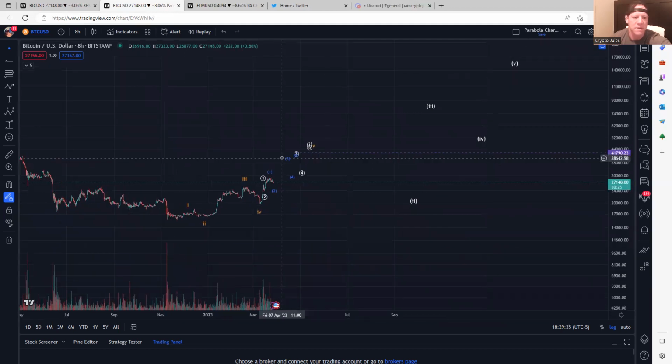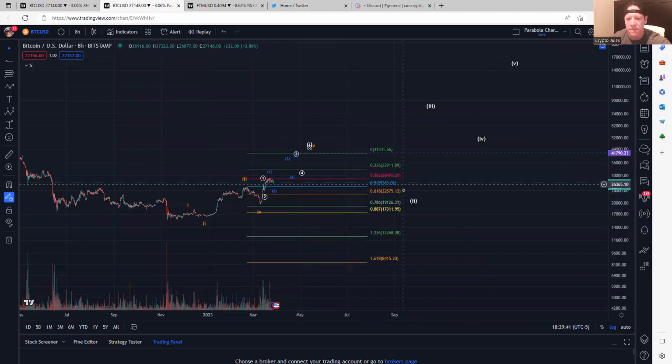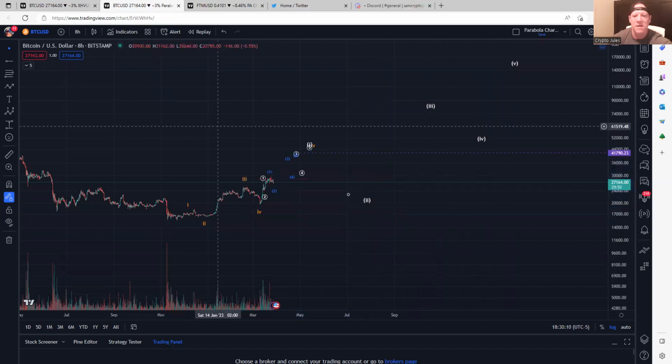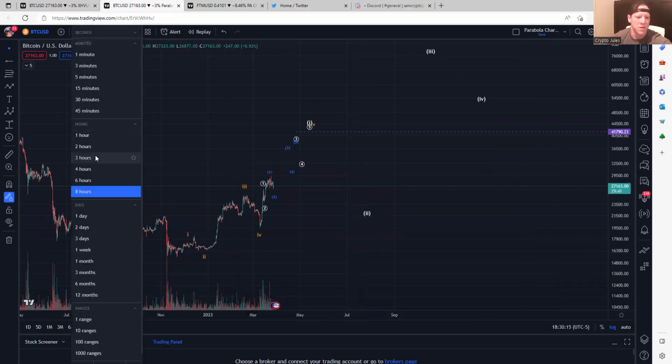And then from there, we would have a correction down to possibly anywhere from 19,200 to 25 to 28K, really. So I would think it would get down to at least the 50% retrace level, so around 25K, 20 to 25K would put in our 2-wave. And then we would have our 3-wave up to about 80K, a 4th wave, and a 5th wave up to potentially 140, 150 grand. So that is my uber bullish scenario, which again is a 1, 2, 1, 2